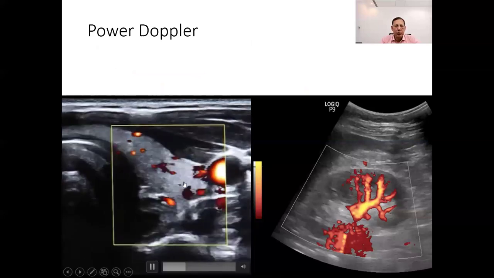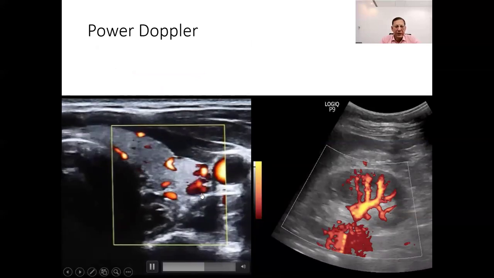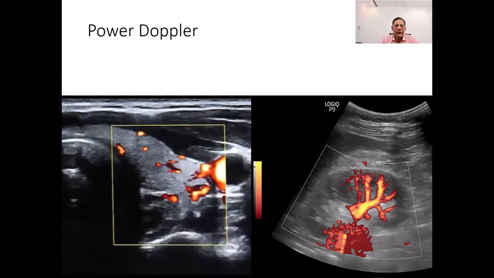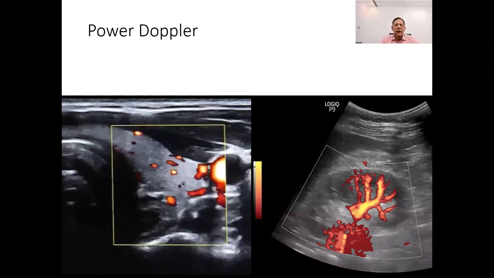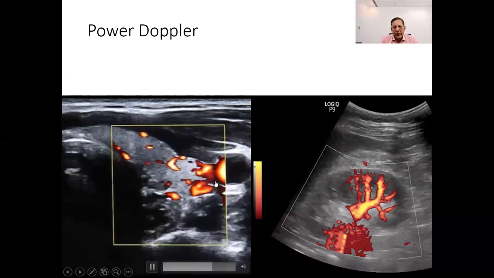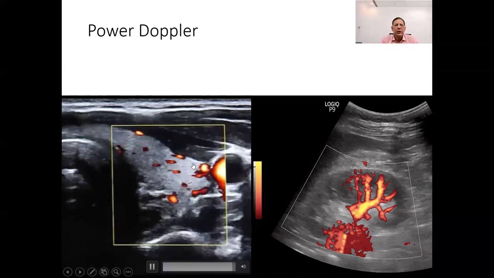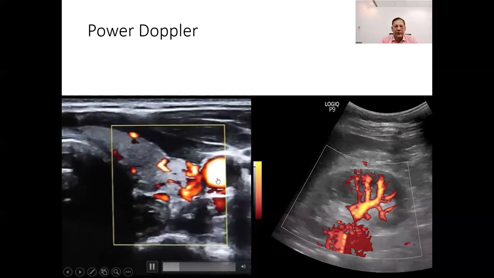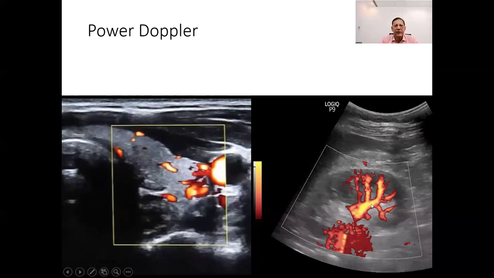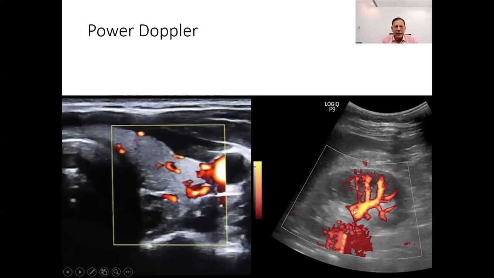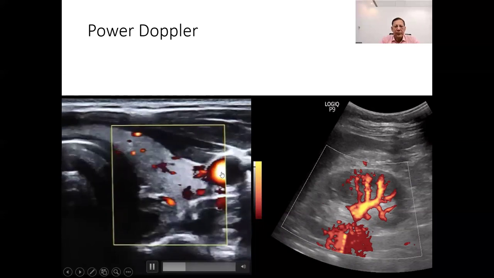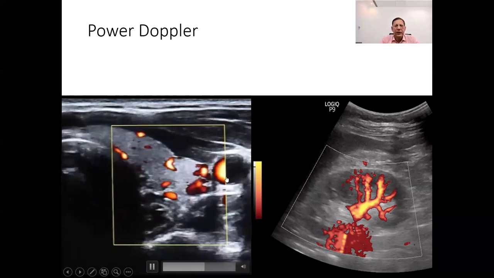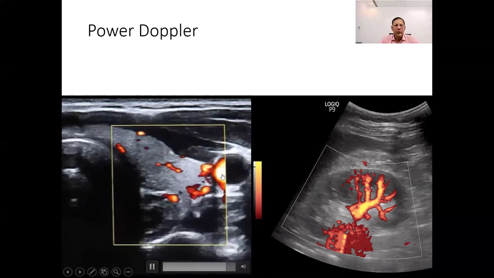Unlike conventional color Doppler, which shows direction and speed of blood flow, power Doppler imaging is more of an amplitude-based color Doppler, depending on the strength of the returning signal, which means that it's more sensitive to low flow states, and also it is less angle dependent than regular color Doppler. So power Doppler enhances the ability to detect and evaluate blood flow, particularly in low velocity